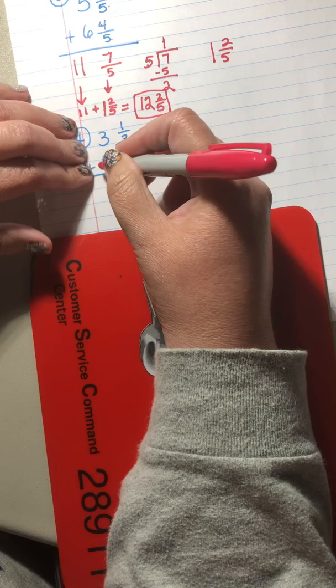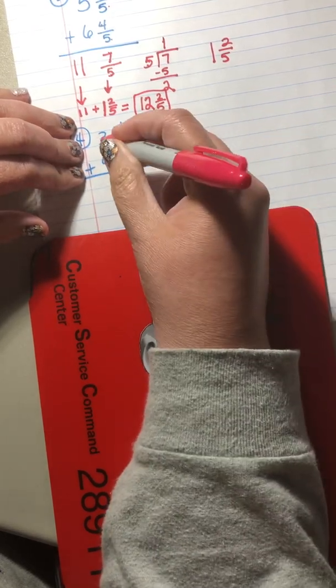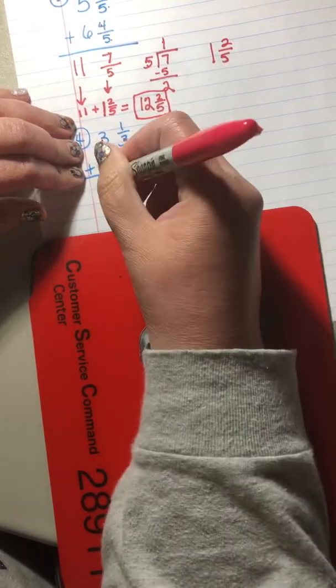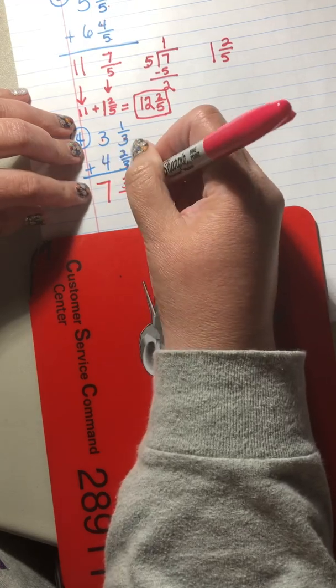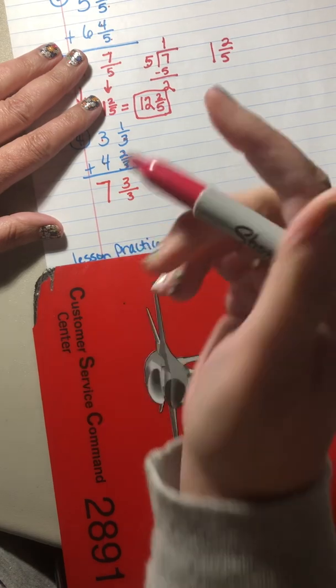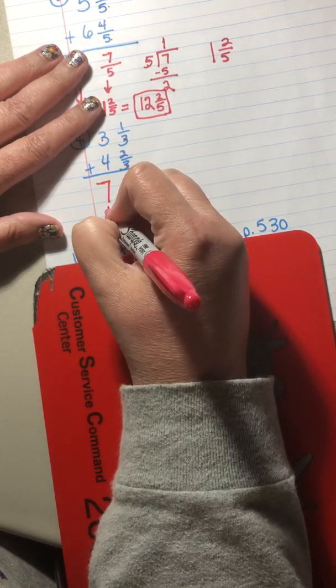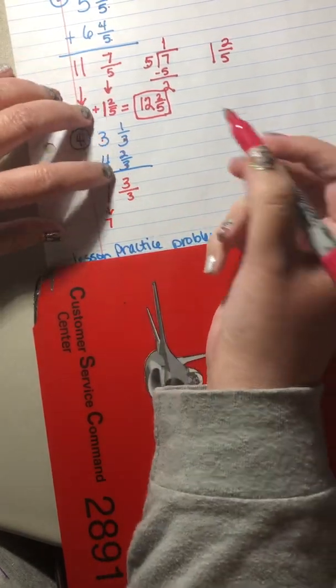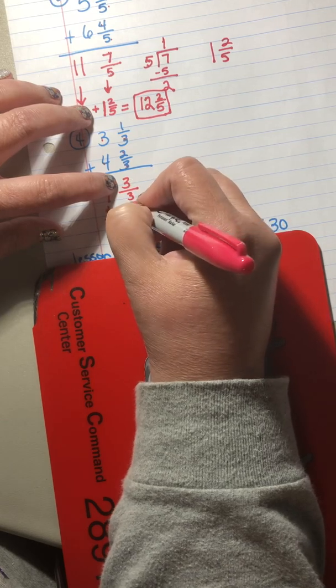And then I can come over here and I can add my whole numbers. 3 plus 4 is 7. So now I have 7 and 3/3. 3/3 is an improper fraction also. So I know that I can just copy this 7 straight down. And I know that 3/3 is equal to